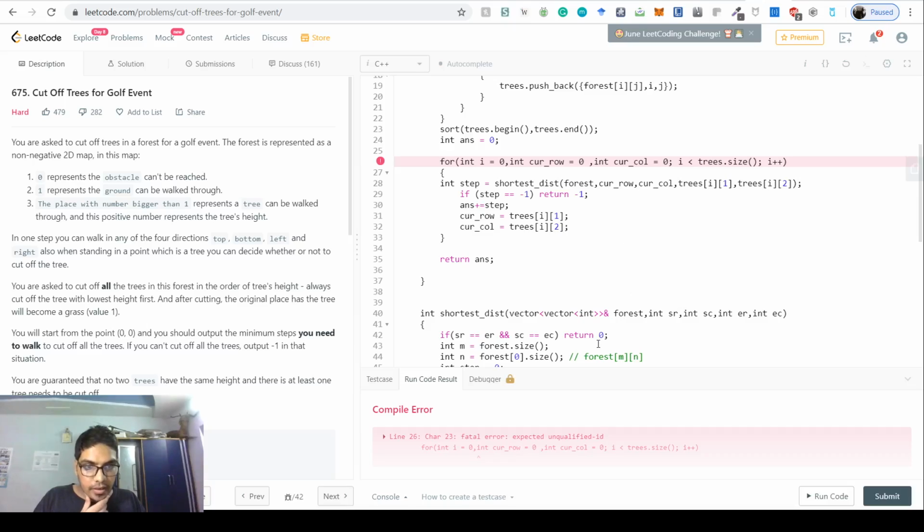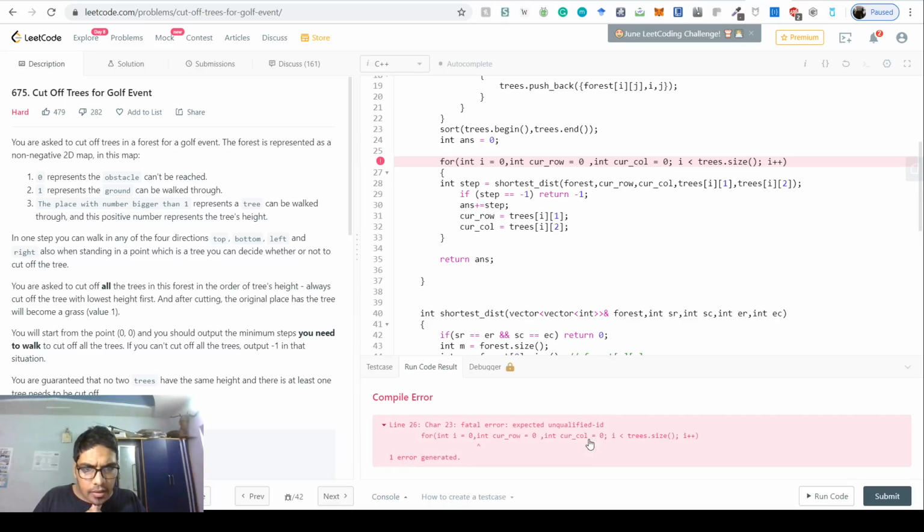Yeah, so what is the error? Okay, yeah, we already have an int there, so we don't need to define these ints.